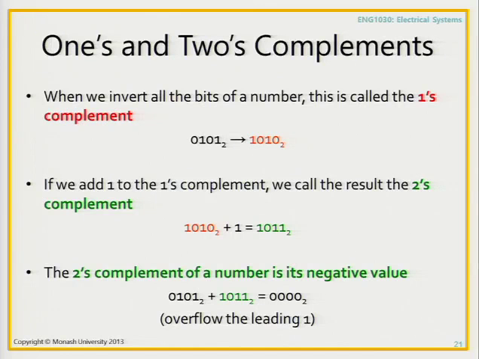It said that the way you find the negative of a number in binary is to take what's called the 2's complement of that number in binary. Okay, so what is that 2's complement? Well, the 2's complement is found using a really simple process. And that's firstly to take the 1's complement of that number. So in this case,